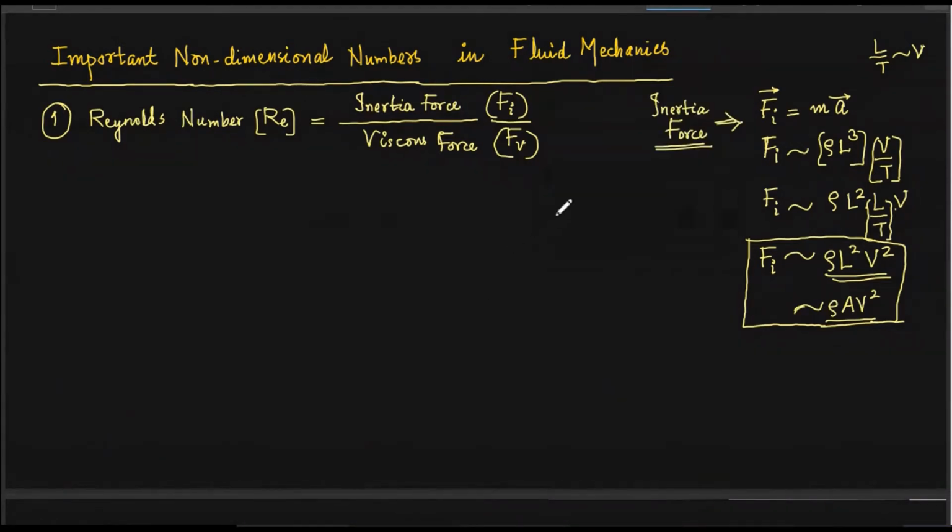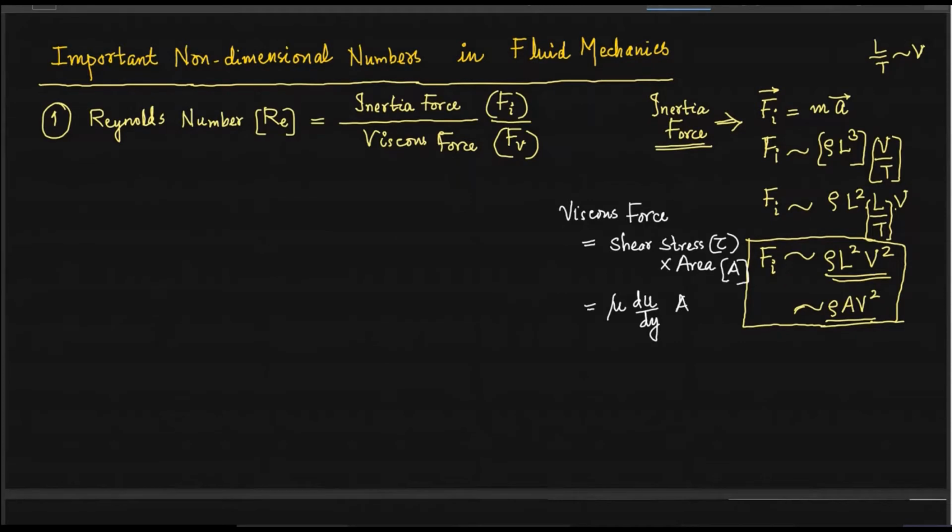So the viscous force is the viscous resistance, the force due to the viscosity. Viscous resistance actually is the shear resistance, or you can say shear force. So it's nothing but the shear force itself, which you can write as shear stress into area. That is the absolute viscosity multiplied by du by dy, the velocity gradient, multiplied by area.